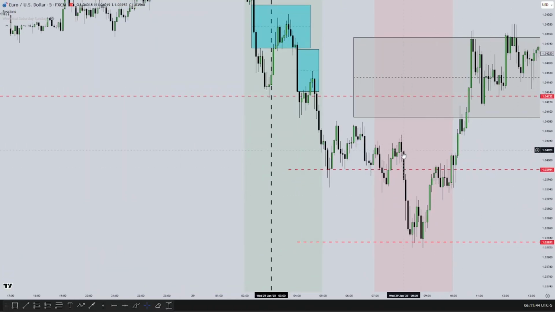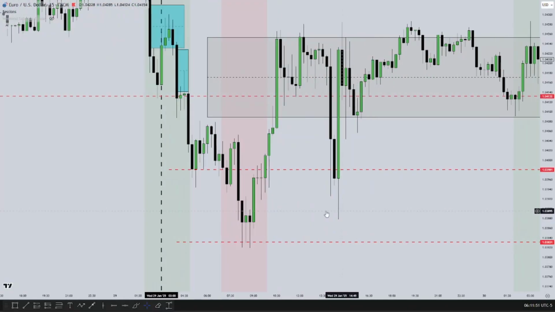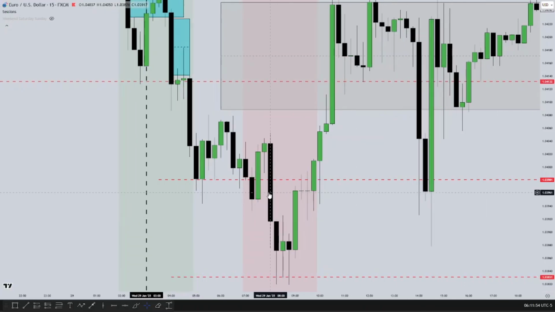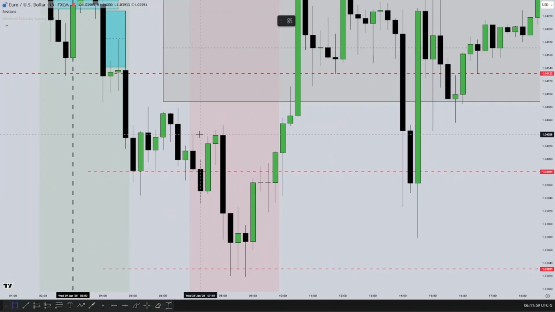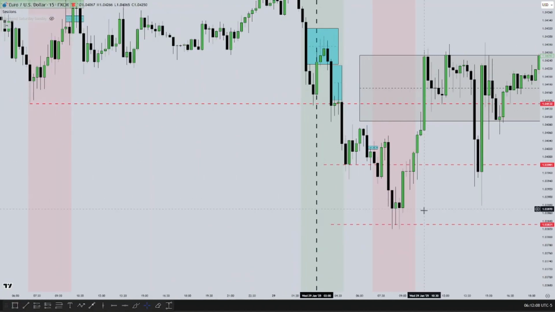Now, here's a trade setup to the 100% level. If I were to go to the 15-minute time frame, you can see the entry. Here's the first retracement to a 15-minute fair value gap when you're looking for a trend continuation. As you can know, we're looking for a trend continuation for price to trade to the 100% level. So a 15-minute fair value gap and an order block. We can see how price respected the order block and the 15-minute fair value gap, and led to lower prices to